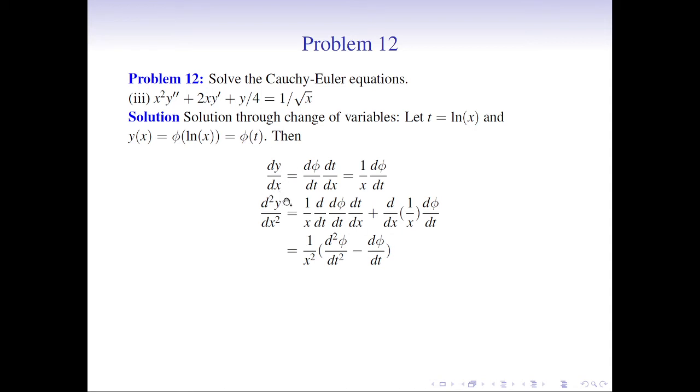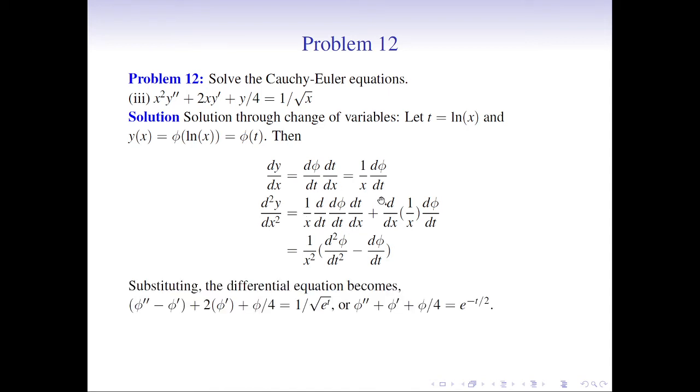But why do we need to do these calculations is the following. Once we replace, we are going to replace y by phi. Okay, y is a function of x and phi is a function of t. So we have to replace dy by dx in terms of d phi by dt, and that we are going to do in this equation. As we can clearly see, this equation involves d square y by dx square and dy by dx, so therefore we need these expressions to substitute these dy by dx in terms of d phi by dt, right? So substituting, the differential equation becomes the following, okay?